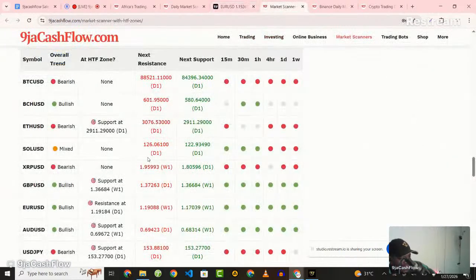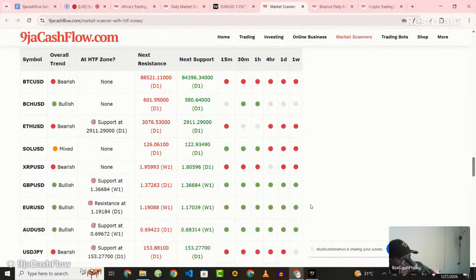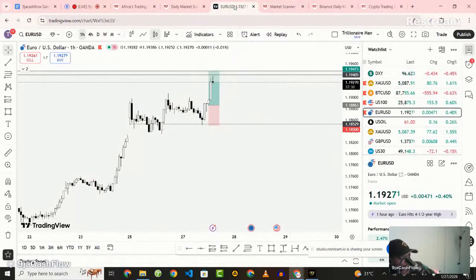Okay, but as you can see on euro, everything is green. Overall, euro is bullish. 15 minutes, 30 minutes, 1 hour, they are all bullish. So don't even look for a short. It makes no sense. If everything is shouting buy, buy, buy, then just look for a good buy opportunity. Okay, so guys,